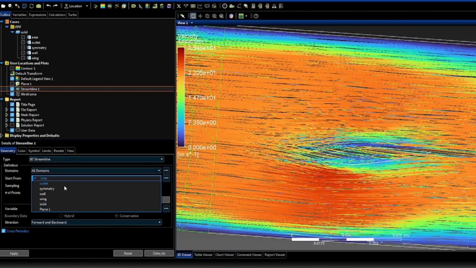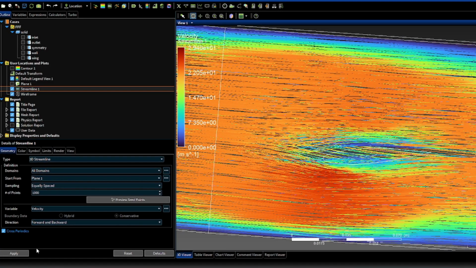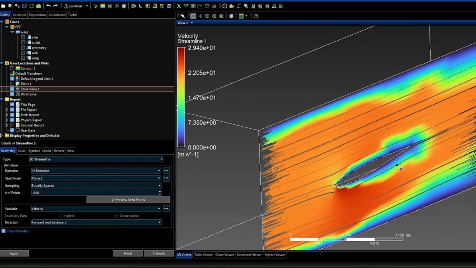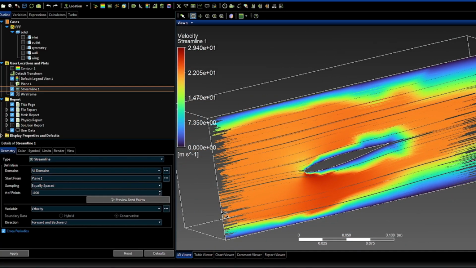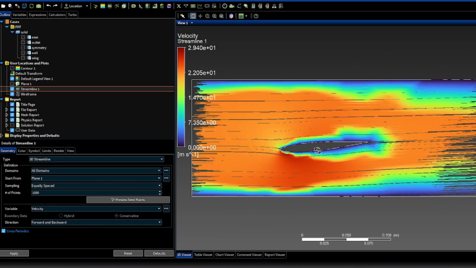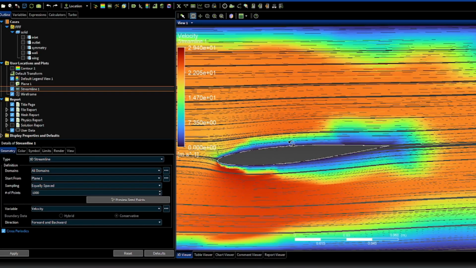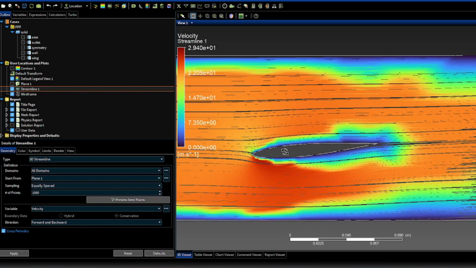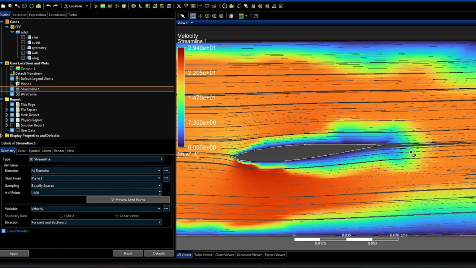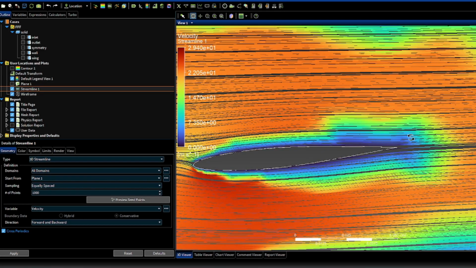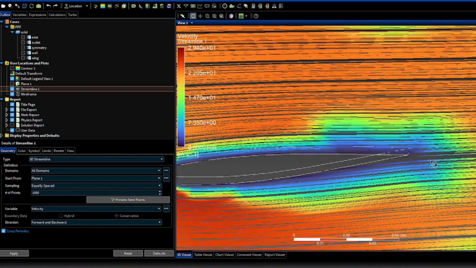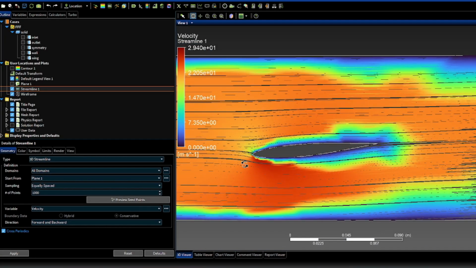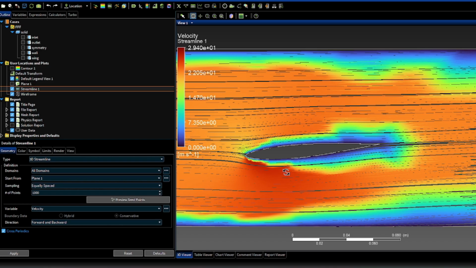So we can change the start from to plane 1, apply it, and now it will start one line of wind here, and now we can see how the wind affects our wing. In this case, the speed of the wing is not that fast, so maybe there are not any type of vortex that we could see forming here,